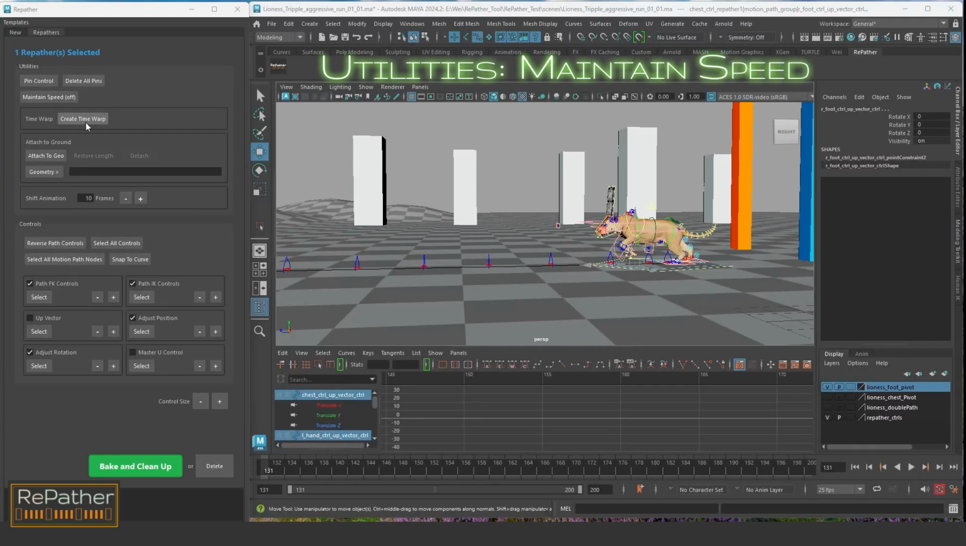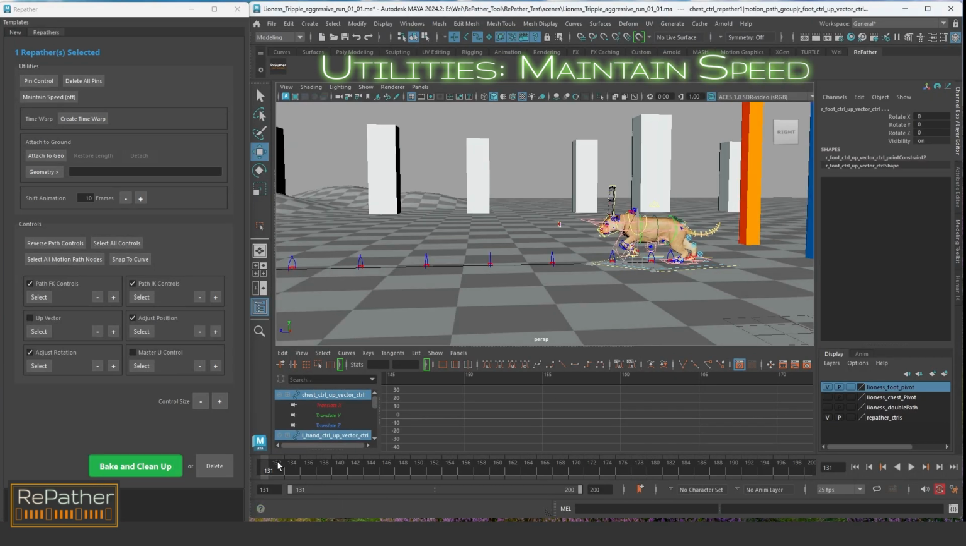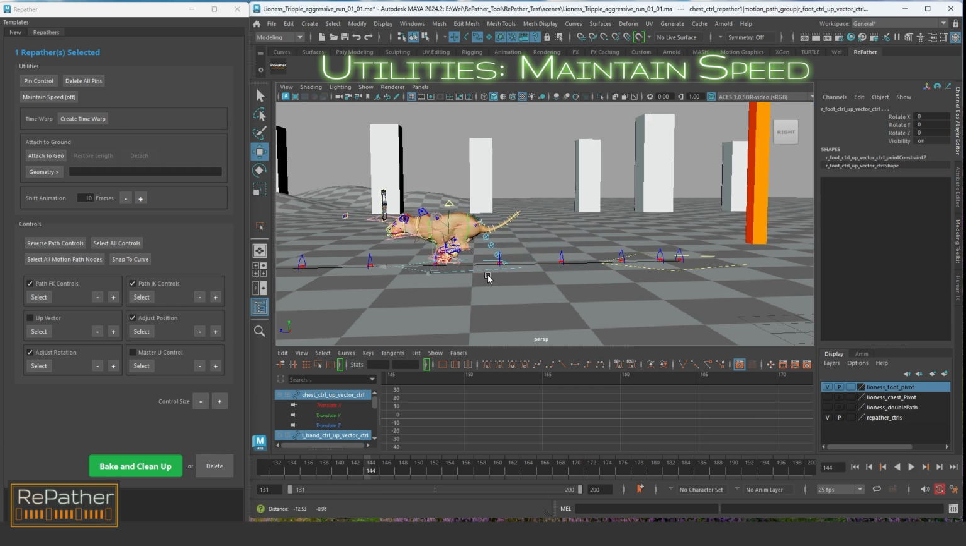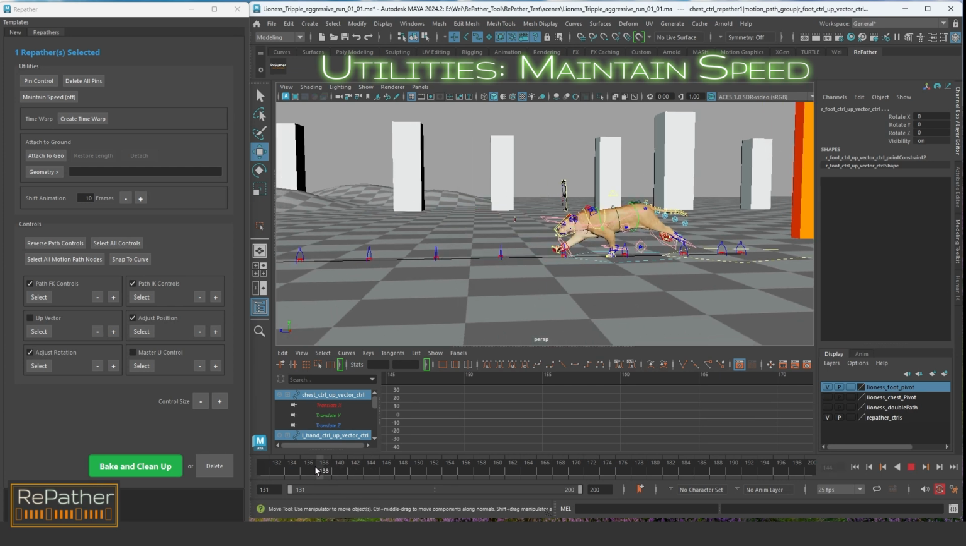Here I want to talk about maintain speed. So I have a running lioness. You can see that her feet are pretty well planted on the ground. There's no sliding and everything. So maintain speed is